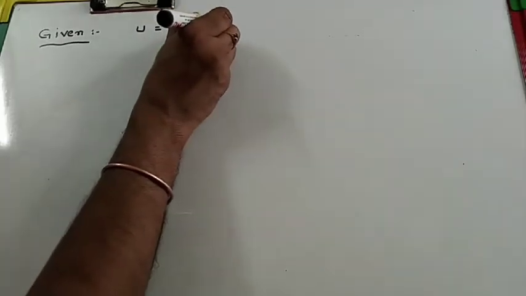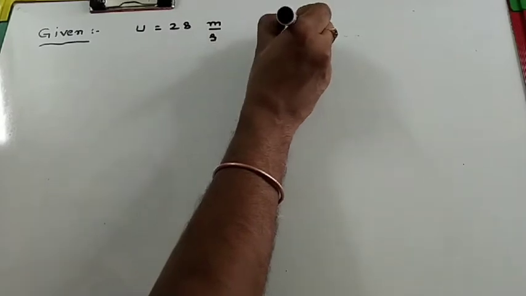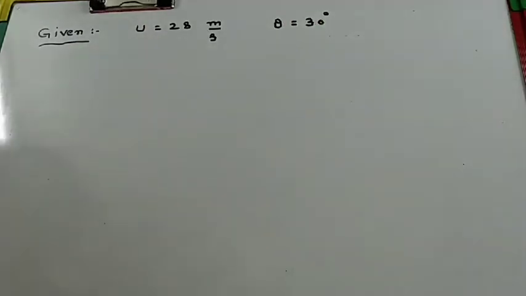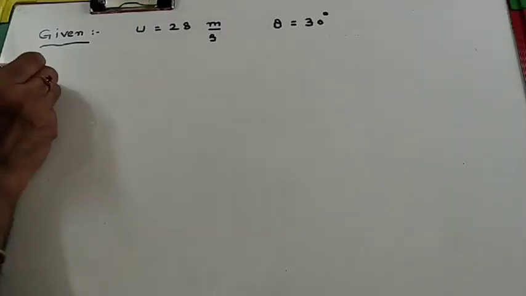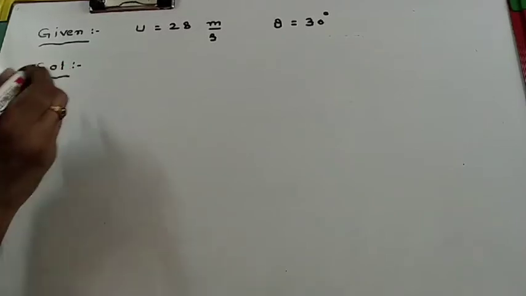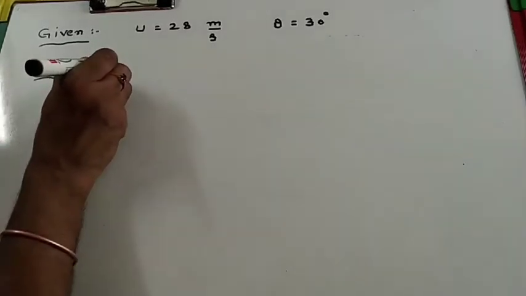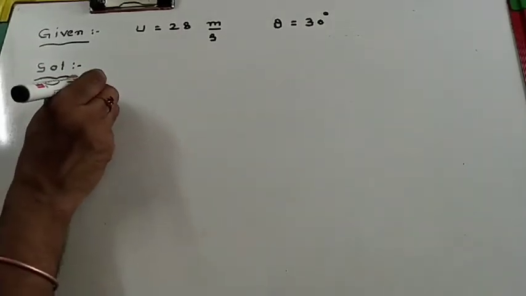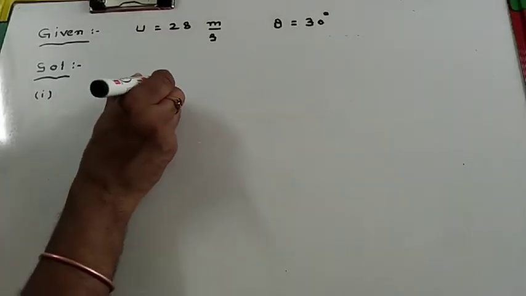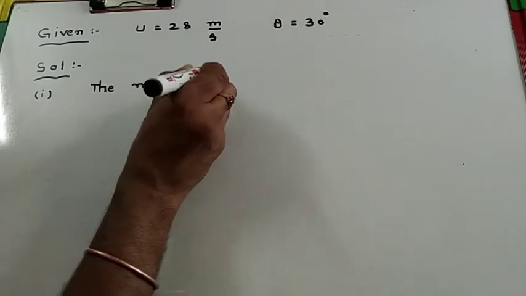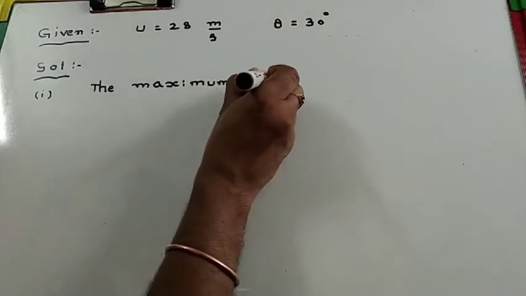Now see, given: the examiner has given u is equal to 28 meter per second and theta is equal to 30 degrees. Now what does the examiner want? Solution. The maximum height, point number 1, the maximum height,